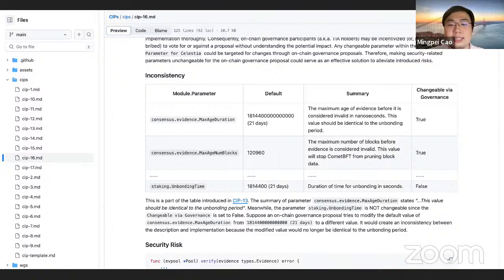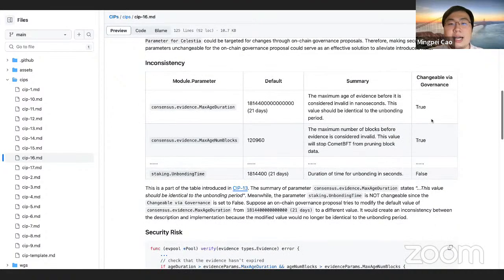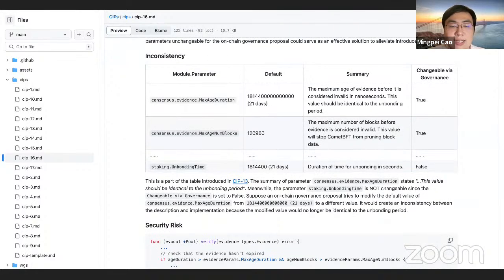The root cause is that the attacker controlled the on-chain governance and passed an adversarial proposal to make a profit. That's why I propose this proposal to make these parameters immutable for on-chain governance. So that's it. Thanks.